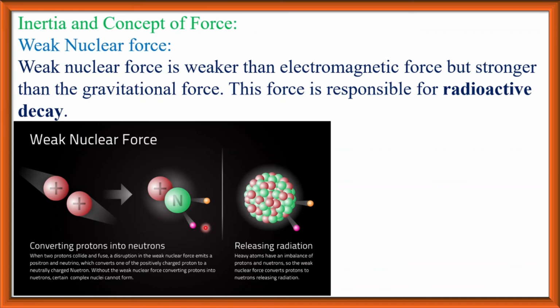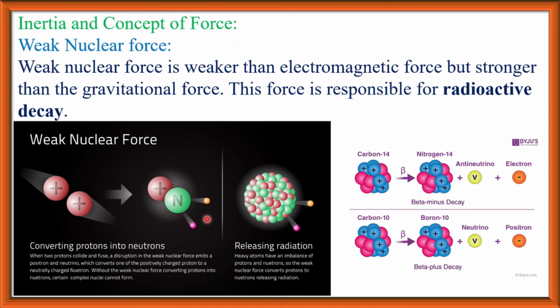Here, due to this weak nuclear force, the proton is converted into neutron. Here, beta decay, that is emission of an electron from this carbon-14 isotope, and here emission of a positron from this carbon-10 isotope. If there is an excess number of protons or an excess number of neutrons inside the